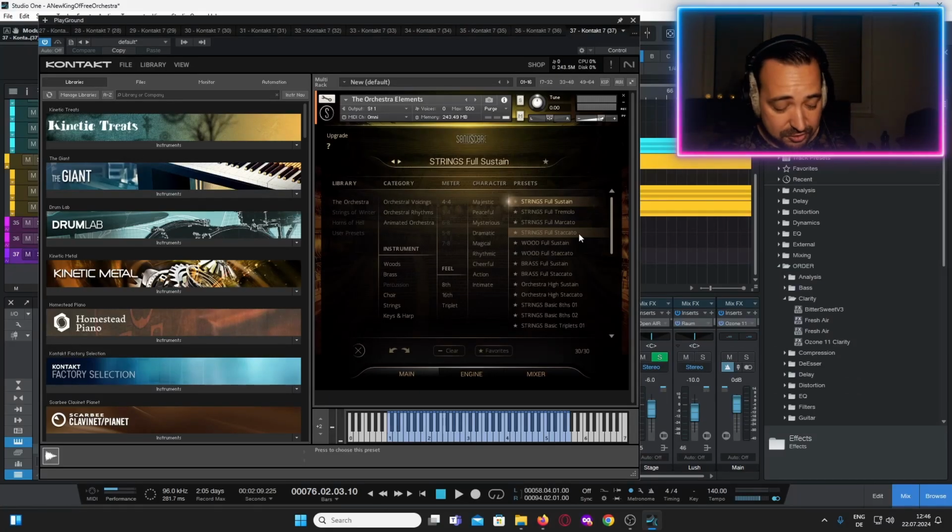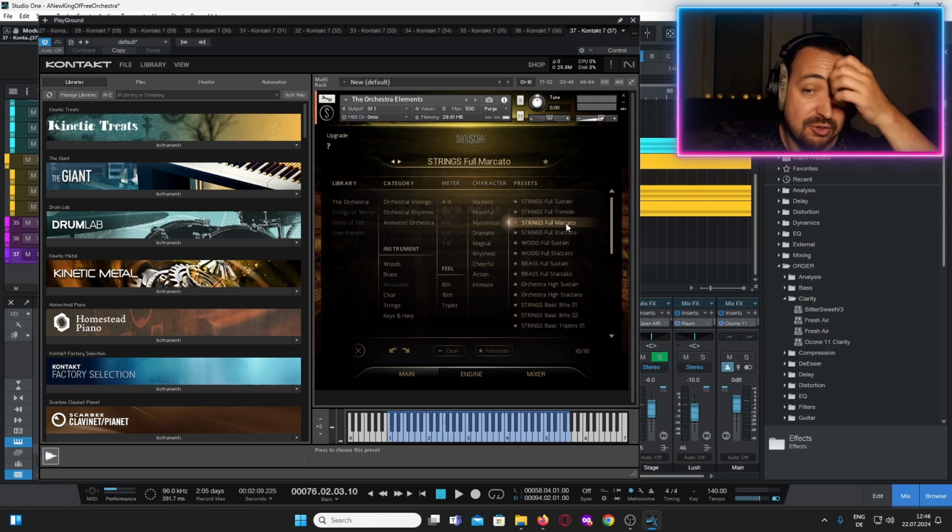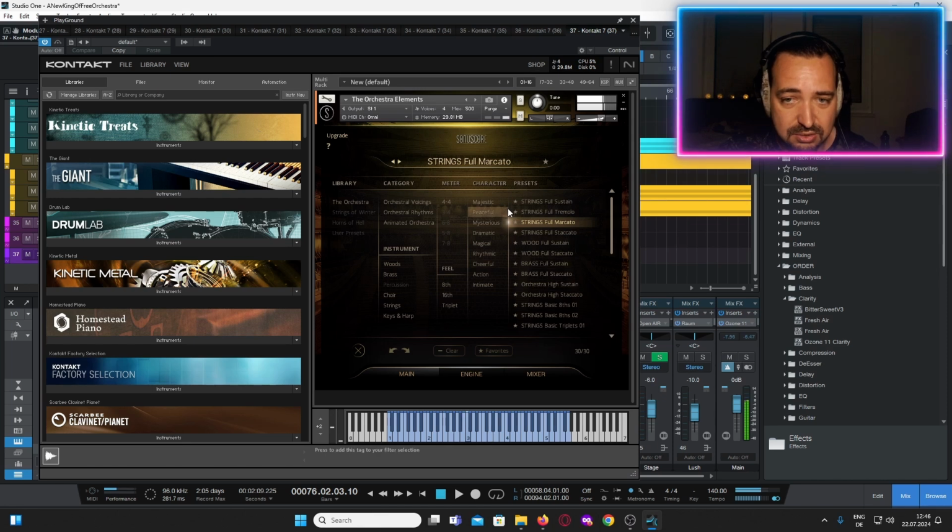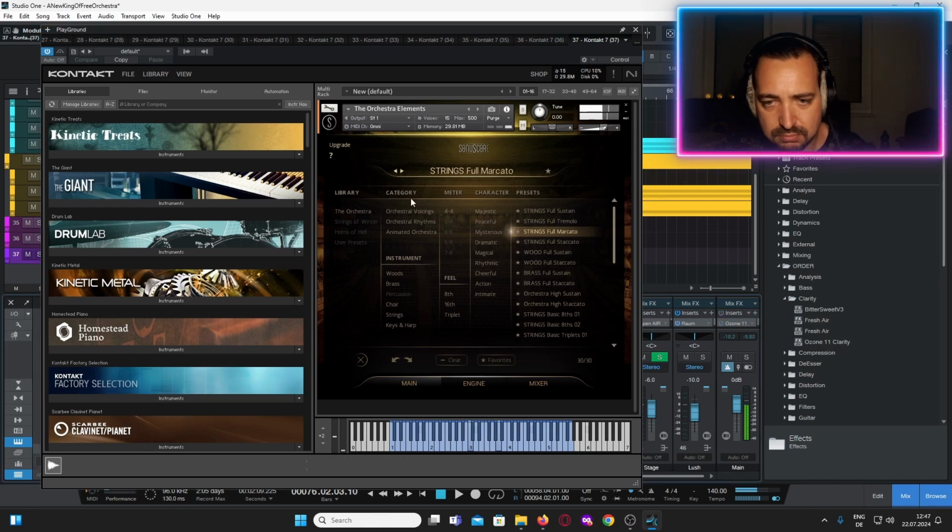Now, I want to be honest, that's a very fine selection of articulations for a free library. It is lacking the pizzicato, which you might find in other libraries, but the marcato is a real treat having that. I mean, the marcato is really, really nice.